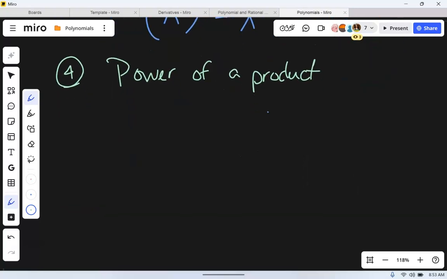Power of a product. What do we say product meant? I thought we already did this. What did we do? Product of a power. This one's power of a product. So it says multiply two things together. We'll call it x and y. And then raise it to a power. We'll do the second power. Okay? If this happens, and oh my goodness, I always hate presenting this one because